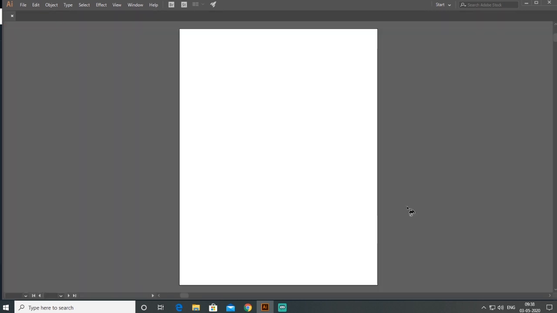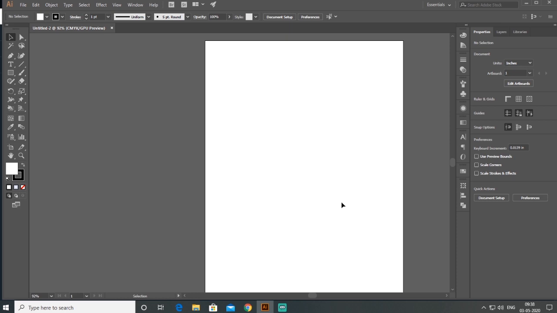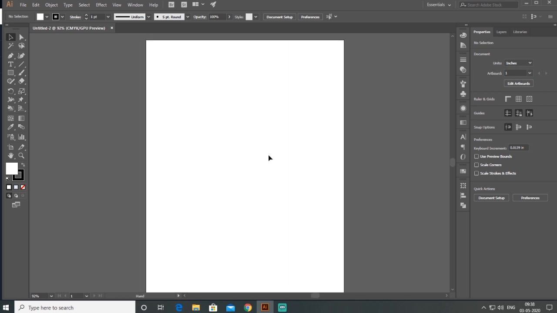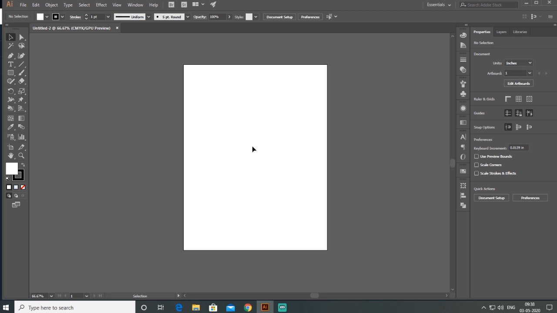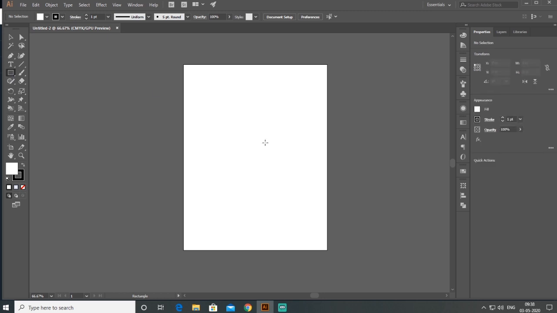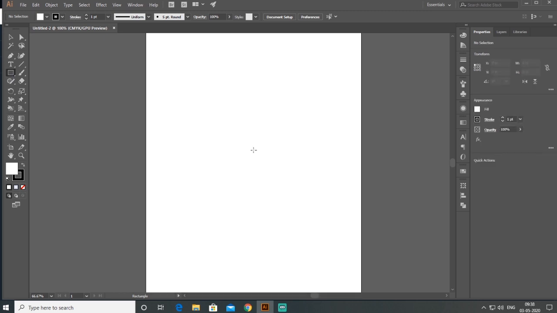When I click on the Create button, my artboard comes up. The white area is called the artboard. Today we learn how to create easy 3D patterns using Adobe Illustrator. These are geometrical shapes, so I use a rectangle.